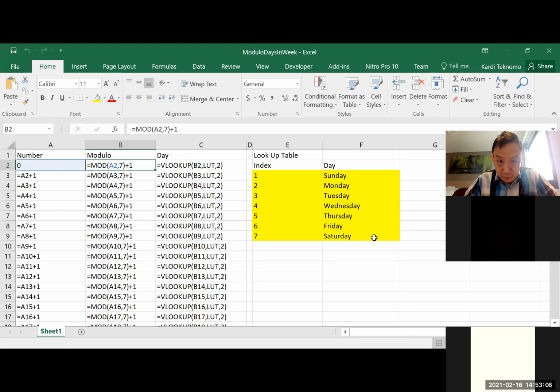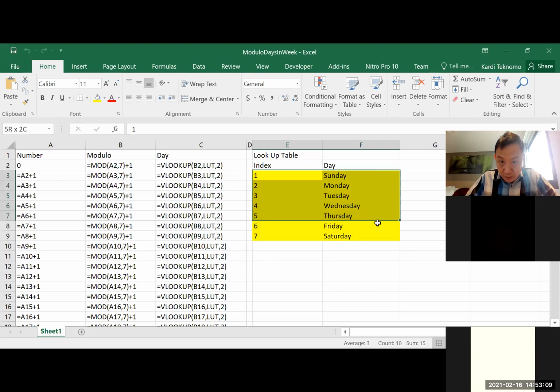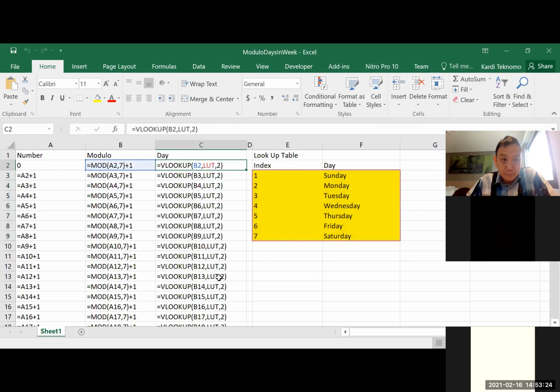Okay, so your lookup table, you highlight like this, and then you type here in the name box, LUT, for example. Then you can use the name in this lookup table. So once you type this formula in B2 and C2, then you just copy it down. So this is just to show you